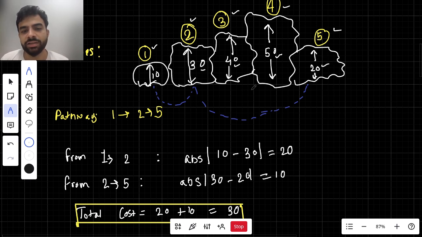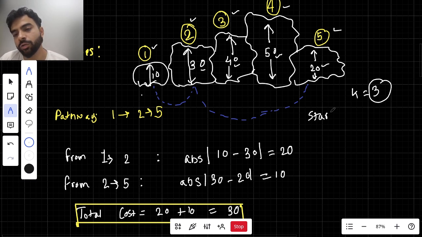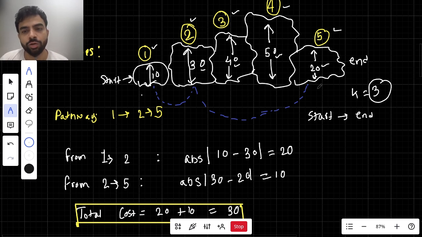So what you can see is that the person can jump the stones with the number of jumps permitted as k. In this case, k is 3. Why 3? This is given as input. So what is the path in which the person can jump from the first stone to the last stone? Remember one thing, you have to go from the first stone to the last stone. Over here 20 is my end, and 10 is my starting stone. So I am going from my starting stone till my ending stone, which is 20. In between I will be encountering stones of various sizes, and each size represents particular heights